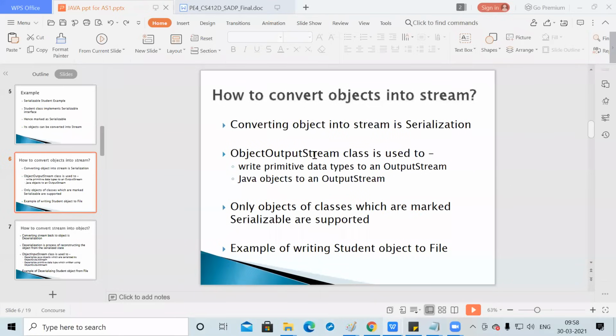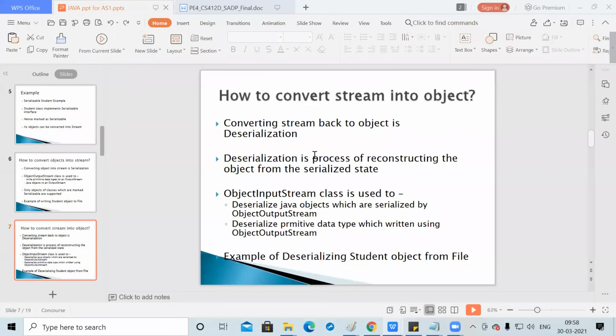That student object is written on a file. The reverse process is called deserialization, in which the ObjectInputStream class is used, and the student object is retrieved from whatever was written in the file. It reverses it back, stream to the object.